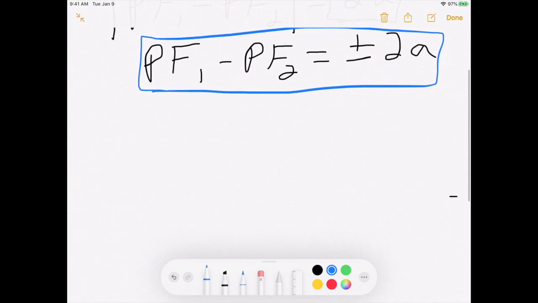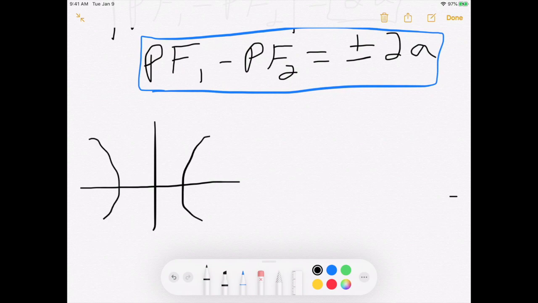So just like last time, I want to get a little bit of a setup here. So we have our hyperbola, which is going to open up horizontally. We call these points the vertices, which we will say are at (a, 0), and we've got (-a, 0) based on our setup. And then we have our focal points, and I'm going to continue to use c as our focus to center distance. So (c, 0) and (-c, 0). So for any point on this hyperbola, we'll call this point P, the distance from the point to focus 1 minus the distance from the point to focus 2